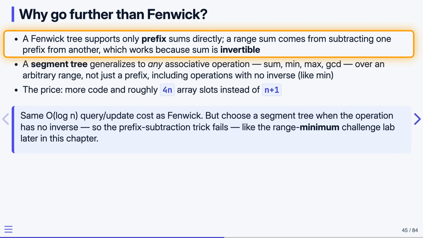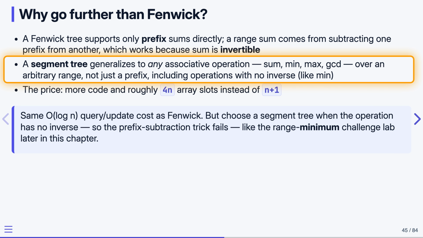The Fenwick tree supports only prefix sums directly. A range sum comes from subtracting one prefix from another. That works only because a sum can be undone. It is invertible. A segment tree is more general. It works for any operation that groups the same way no matter how you split it, like sum, minimum, maximum, or greatest common divisor. And it works over any range, not just a prefix, even for operations you cannot undo,